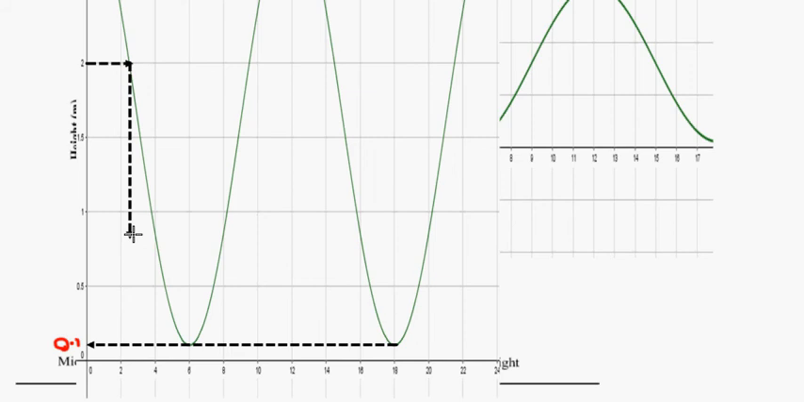So we go straight down. And say that's somewhere halfway between 2 and 3. Let's call that 2:30. Okay. And then let's look for 1.5 meters. Now we're talking about